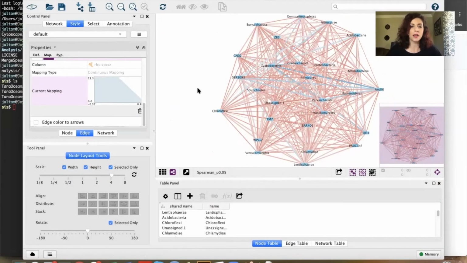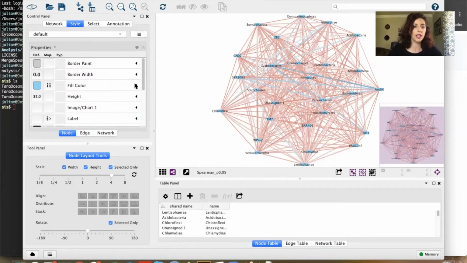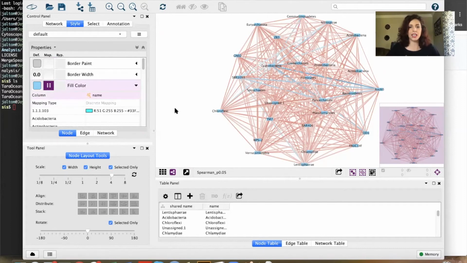So now that we've manipulated the color and the width of our edges, let's start playing with node attributes. So back over here with our control panel, let's move over to node and fill color. But what I'm interested in is breaking up these nodes into which phyla are bacteria and which phyla are archaea. I don't have that information in my table right now, but let's say I already knew that information, or let's say I'm interested in which bacteria are sulfate reducers, which ones are methane oxidizers, and I have that information in